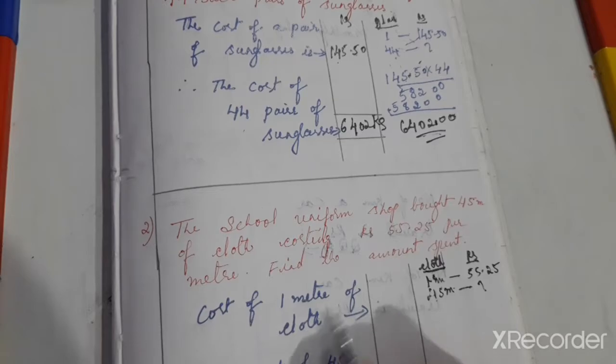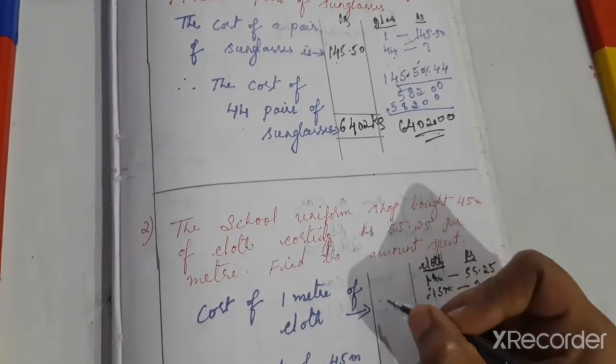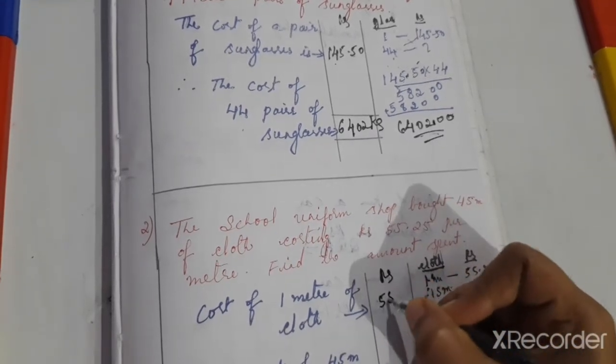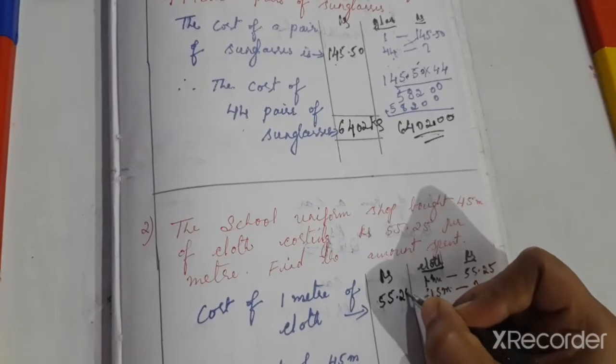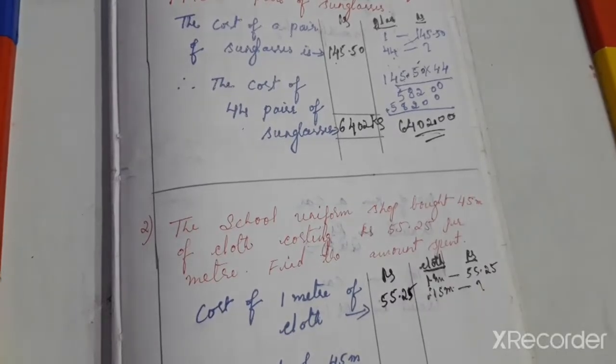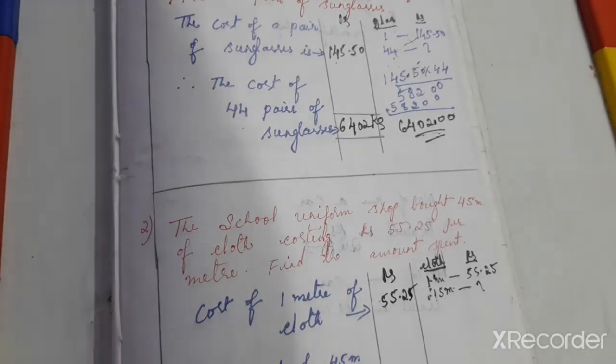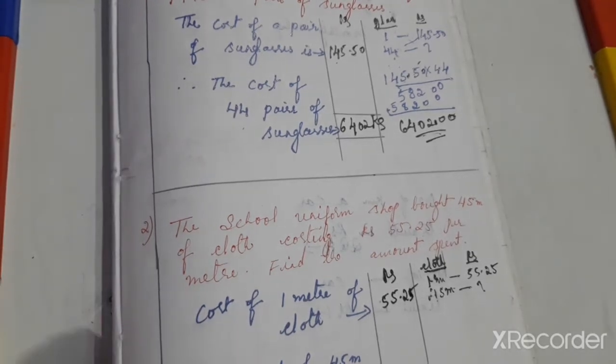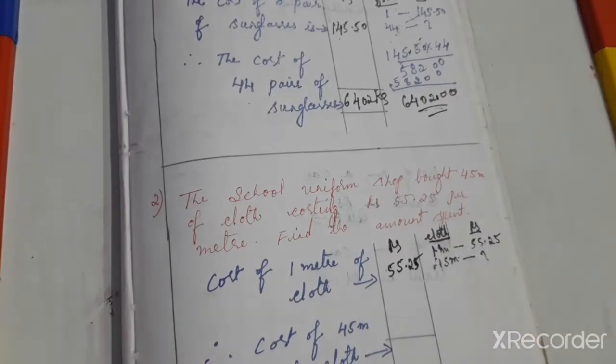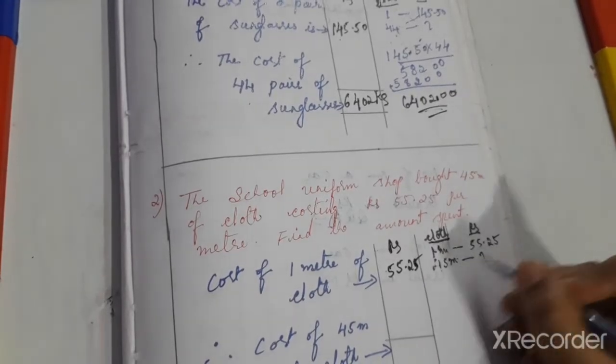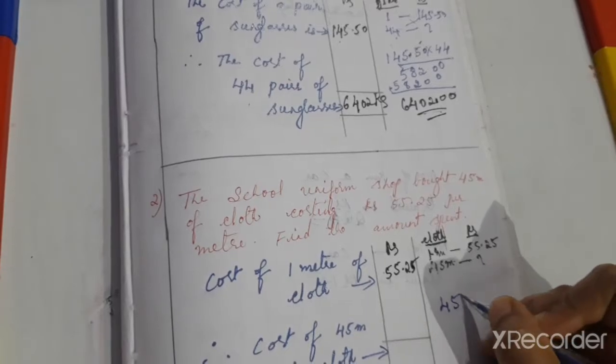The cost of 1 meter of cloth is rupees 55.25, and the cost of 45 meters we have to find, so 45 into